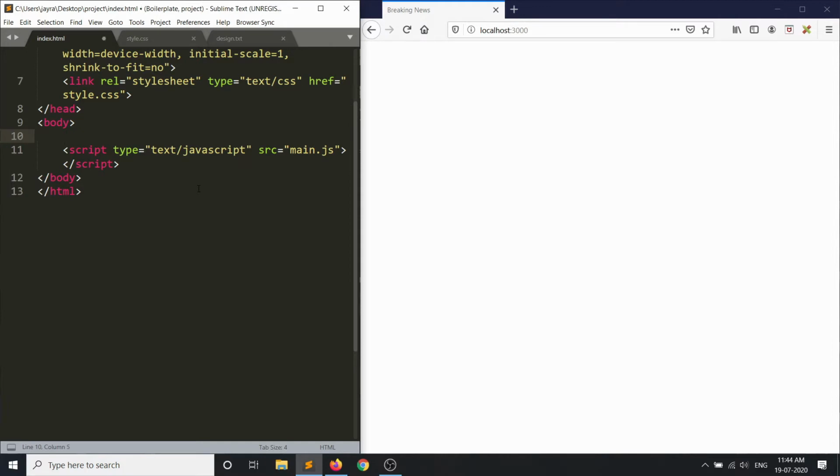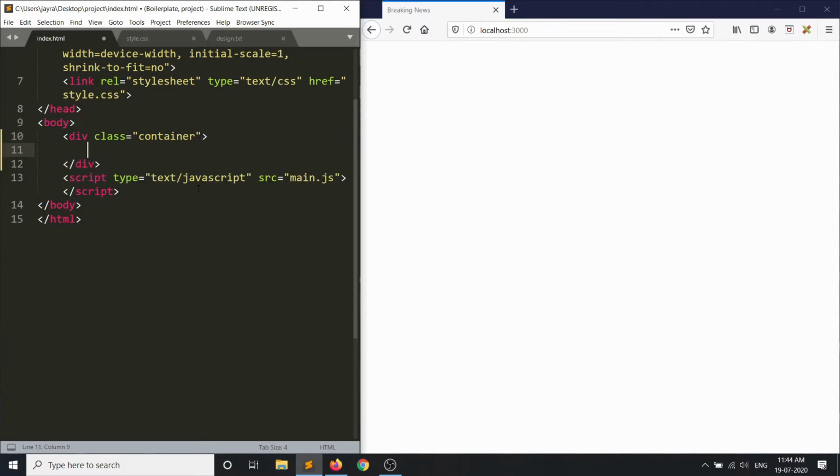So for this project, we'll need a container. So let's create that, give it a class of container. And inside that, first we'll need a p tag, which says